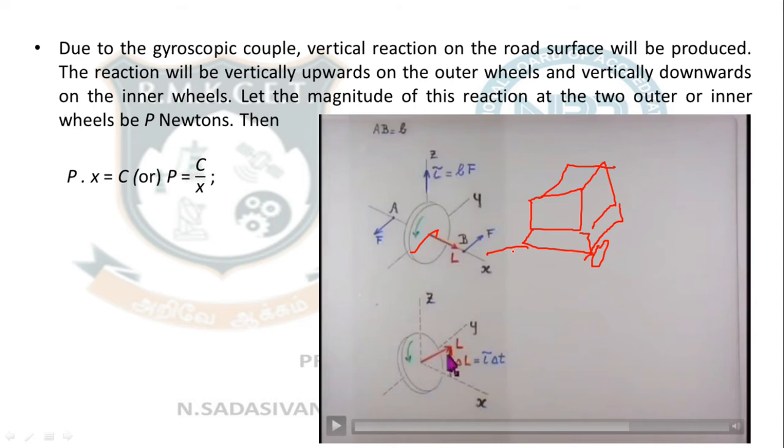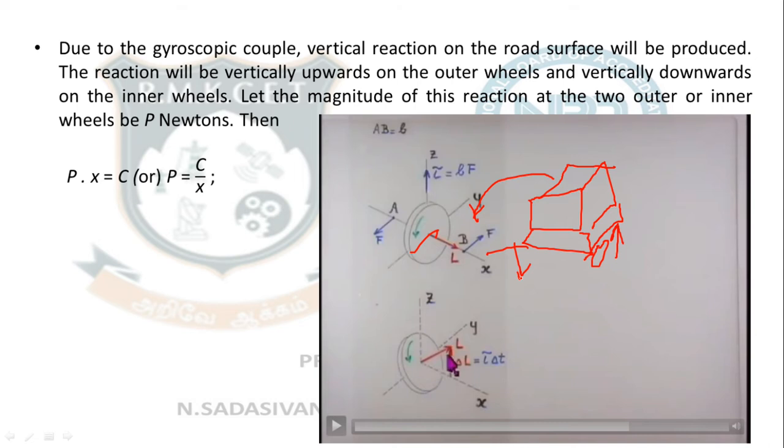Similarly, all the four wheels, a similar effect is observed because all rotational directions, all the yaw directions are same. Therefore, all the four wheels will try to lean to the left. Therefore, what will happen? This car will try to roll over in this direction. Clear? So this wheel will tend to lift up, this wheel will tend to go down because of the gyroscopic couple. Therefore, now I am considering only reaction forces.